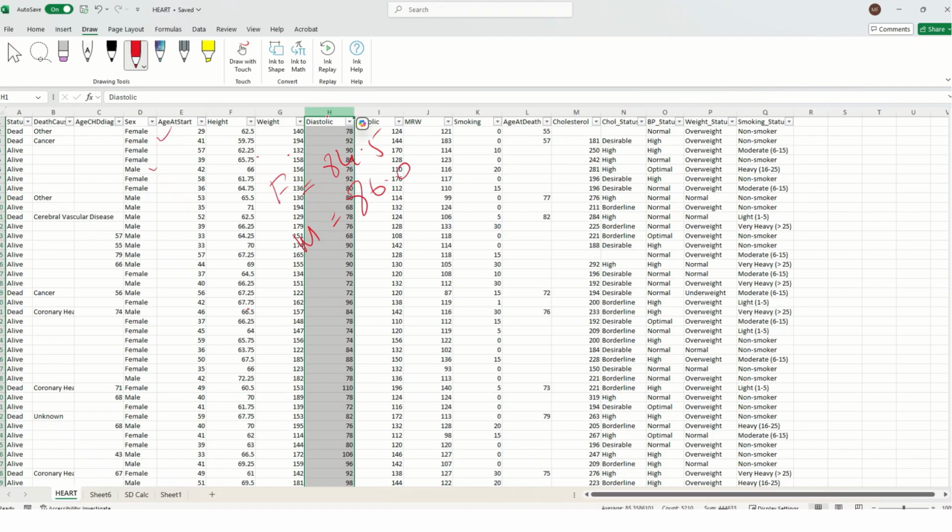So now we can easily see 86 minus 84.5 equals 1.5. So we can right away say that females have a mean diastolic blood pressure 1.5 millimeters of mercury lower than